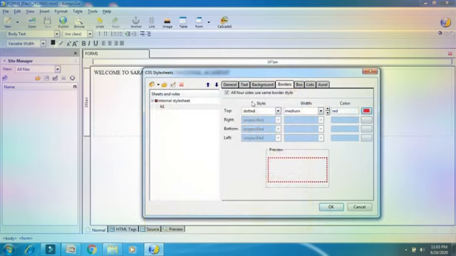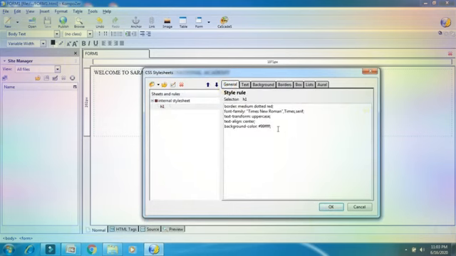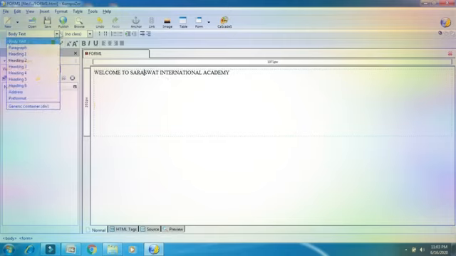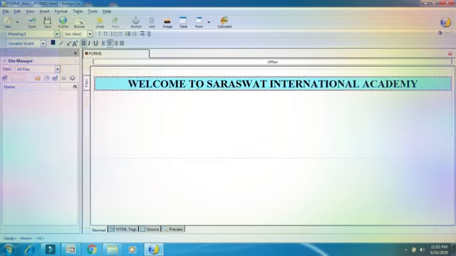Okay. Now let's see, everything is written in the style rule. I will press OK. Now student, if I want to apply the style sheet or CSS on this text of heading 1, I will go to the drop down option and choose heading 1. So you can see here whatever style sheet or style we applied, it came here.